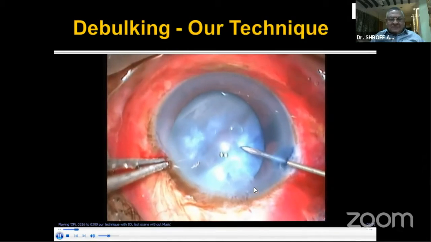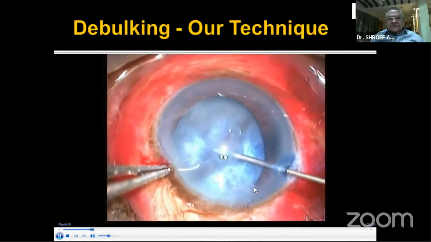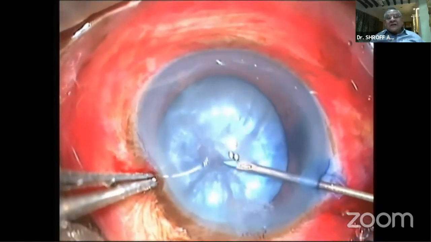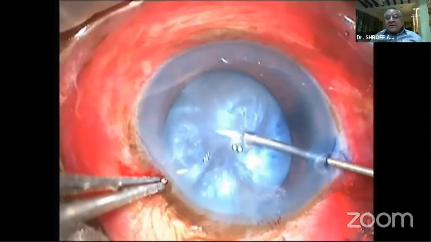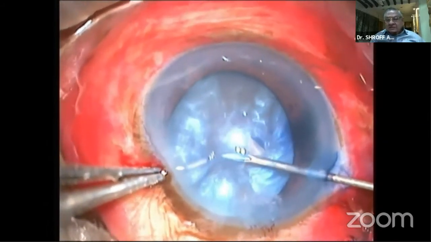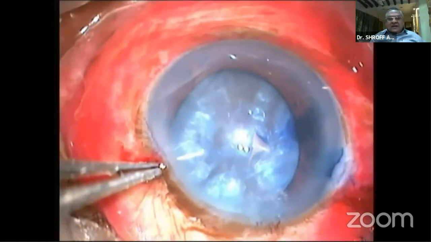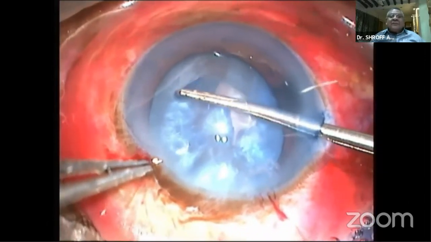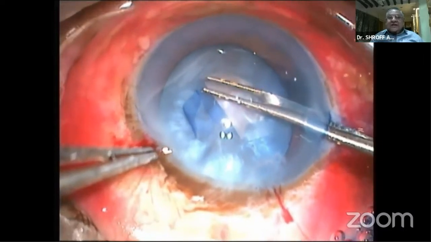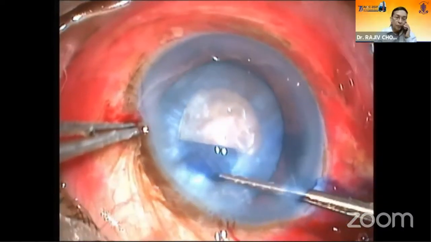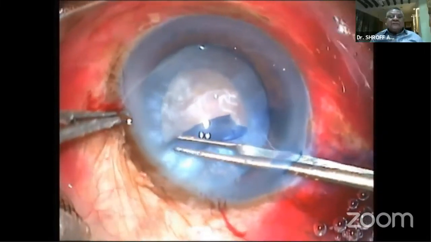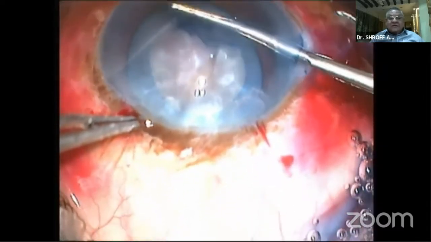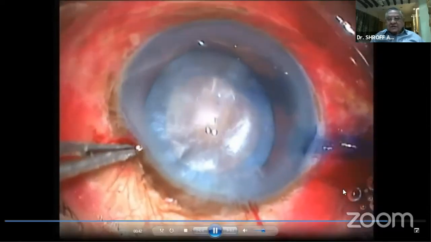Then of late we have developed this technique. You can see here, we have introduced a 20 scotch half-inch sharp needle through the side port under the capsule. And you can see that the fluid of the cortex is being aspirated. So the pressure is reduced now. Form the chamber, and then you can make the rexis. You can see that it is very round, good. And there is less chance of it getting extended. So this is a very small gadget, a 26 gauge needle, very cheap, very inexpensive, and you can still go ahead with that.